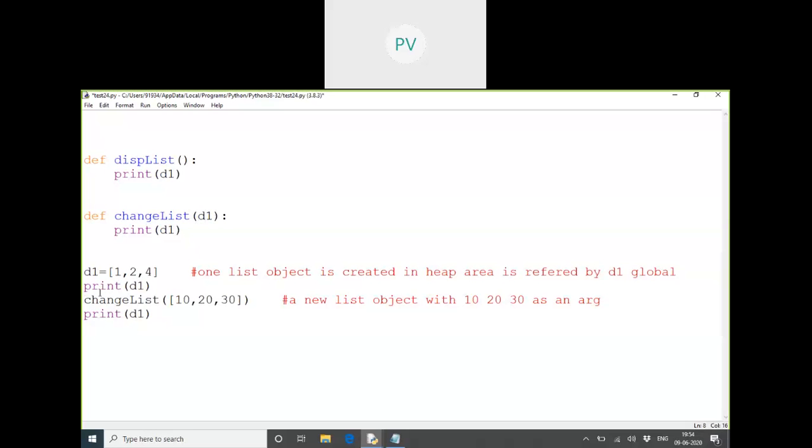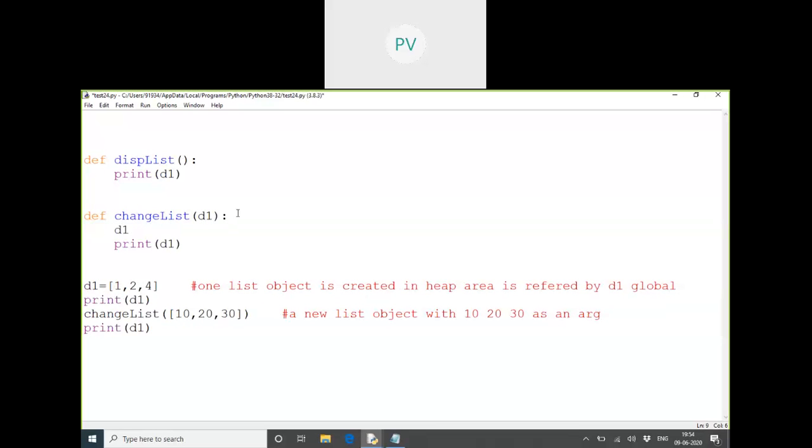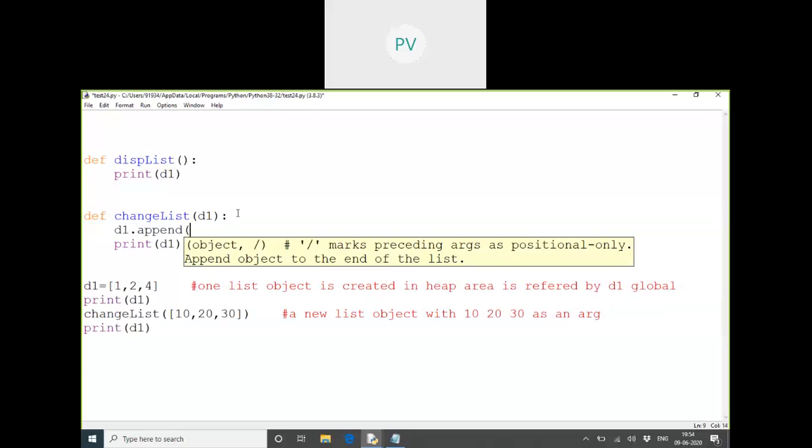Fine. And if I want the same list to be passed to the function, what should I do? Same list, I want to pass it to this function. Global D1, so that it can do changes in that. We needed global D1 and D1 dot append, ma'am.